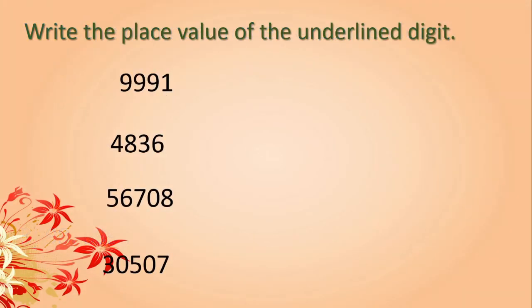Now the next thing is write the place value of the underlined digit. Here we can see 4 digits, right? And please see these underlines. Correct? Now dear children, in the first digit, that is 9,991, we will go through the place value. See, this 9 has underline, first 9. So what is the place here? That is nothing but thousands place. You know this, correct? Means 9 is in thousands place. So it is 9TH.